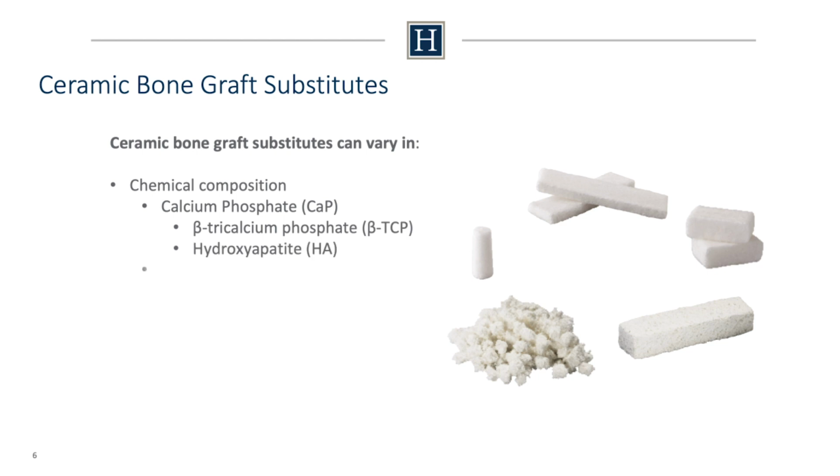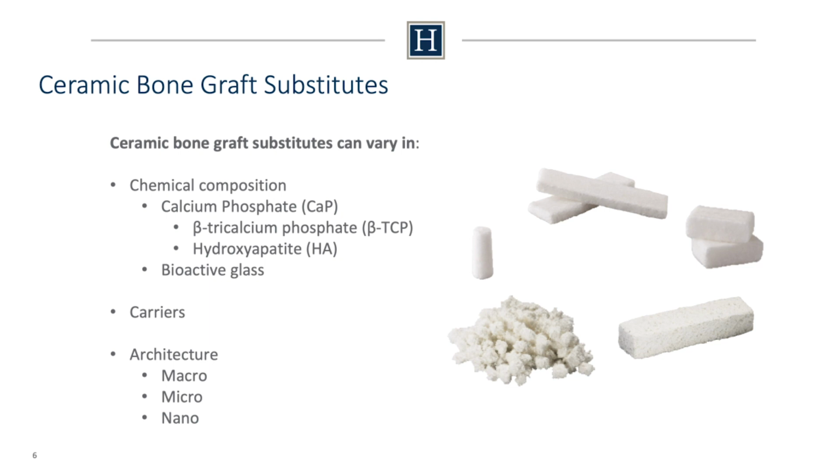Common components for the chemical composition include calcium phosphate, such as beta-tricalcium phosphate and hydroxyapatite. There are also newer ceramic biomaterials such as bioactive glass. The carrier component that holds the ceramic granules has an impact on the handling and formulation of these bone graft substitutes. Examples of carriers include collagen, alkaline oxide copolymer, and others, each with different attributes that can affect handling or